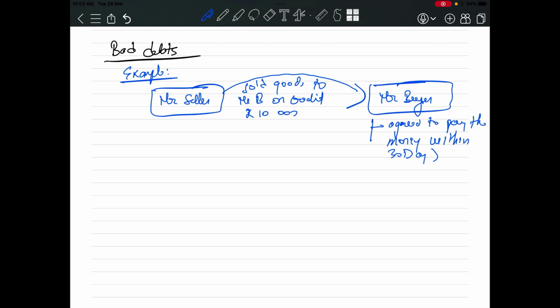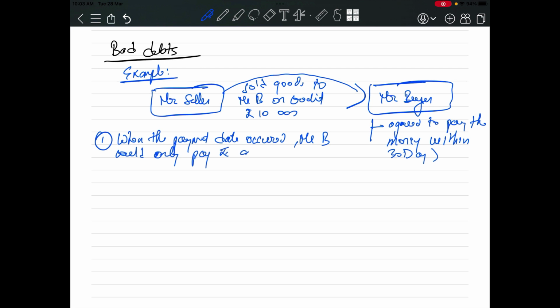Now when the payment date occurred, Mr. Buyer could only pay rupees 9,500 to Mr. Seller, because Mr. Buyer